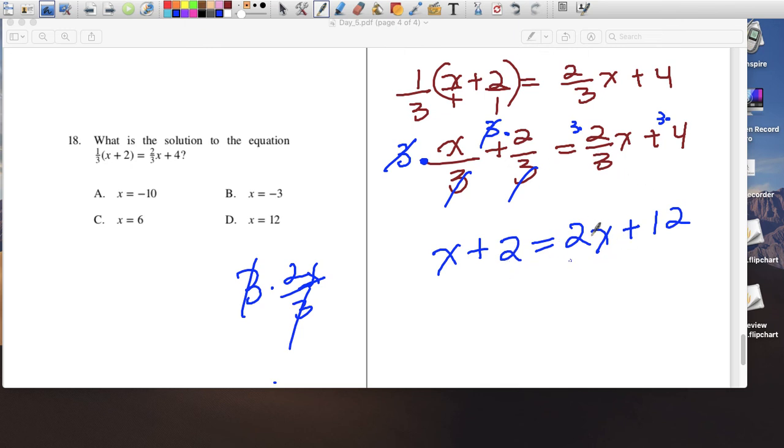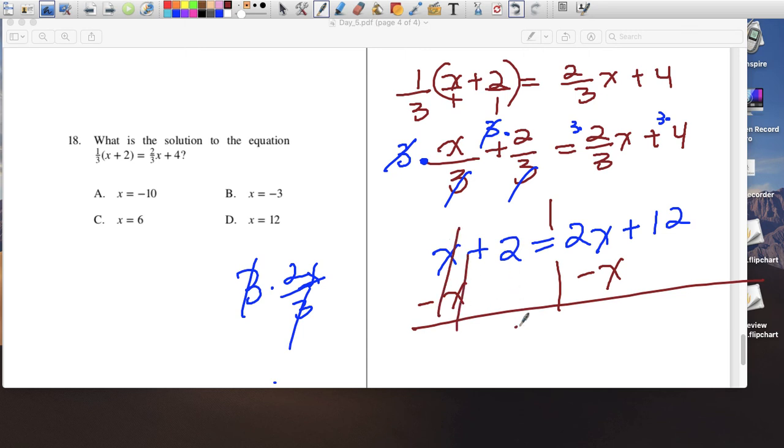Let's combine like terms. Get rid of one of the variables because there's one on each side. I don't really care which one, so let's get rid of this guy. Actually, no. Let's get rid of the other guy because then I don't have to deal with this negative. So, minus x, let's get rid of this guy. Minus x. So these two become 0. 2x minus x is just x, plus